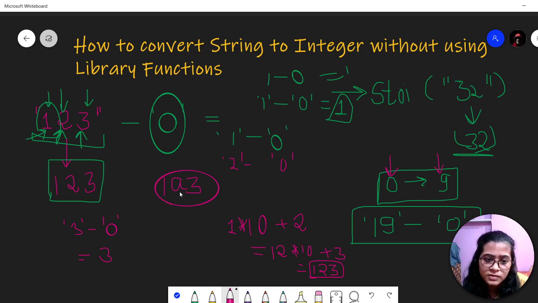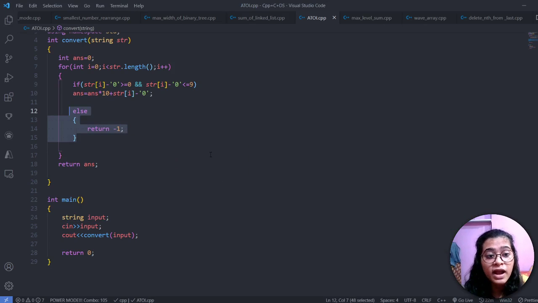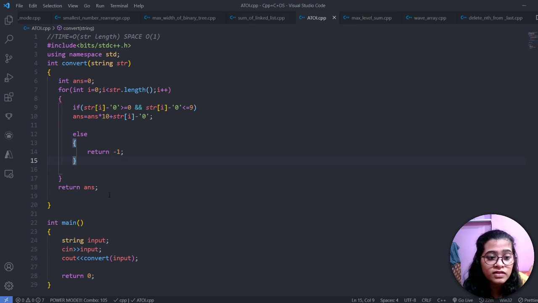We subtract 0 from 1, then the answer will be 1. And if we subtract 0 from a, the ASCII value of small a is 97. 97 minus 0 is not possible, because it does not lie in the range of 0 to 9. So we will return minus 1, and otherwise simply we will return the answer.